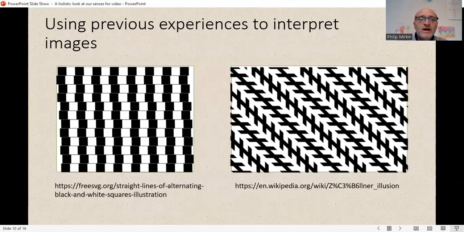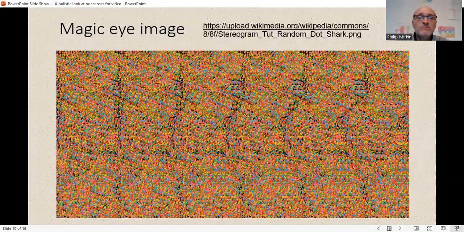Here we have parallel lines. You can check it for yourself by pausing the video and examining them from above and below and so on, and check that they are indeed parallel. But our eyes see the real thing, and the signals going to the brain interpret them to not be parallel. And that's just because they're comparing them to what we've seen before. And so you can see the mental process is crucially a part of how we make sense of our sense impressions.